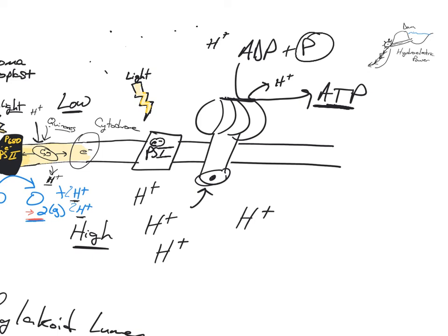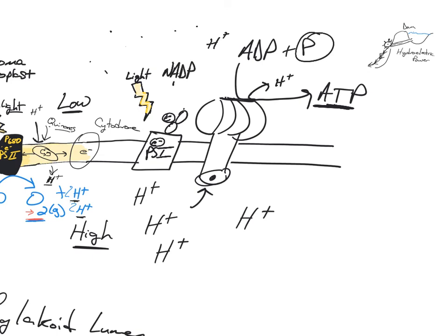So light is going to come in, and it's going to excite the electron again. That electron's going to be carried off. There it goes. Bye. I've got high energy, I'm moving on. It gets transferred over. Do I need you to know what they are? No. They're just carriers. There's a bunch of electron carriers. But there is one important electron carrier you need to know. It's called